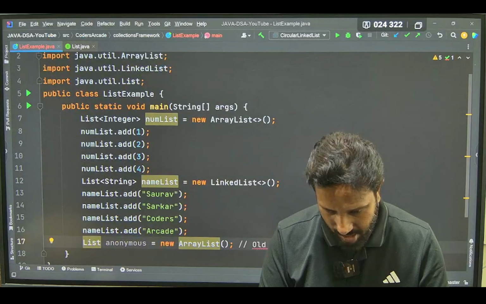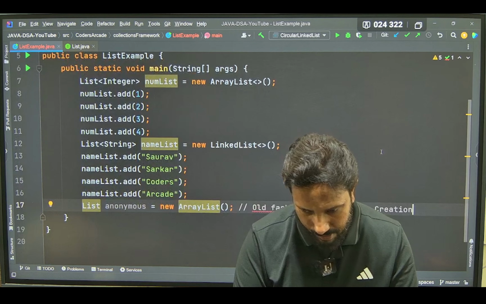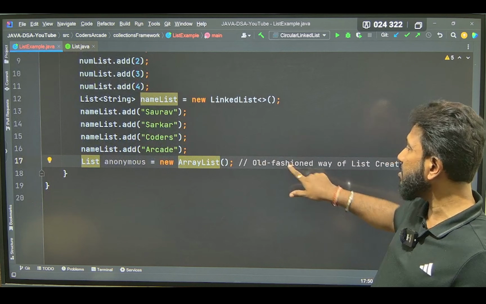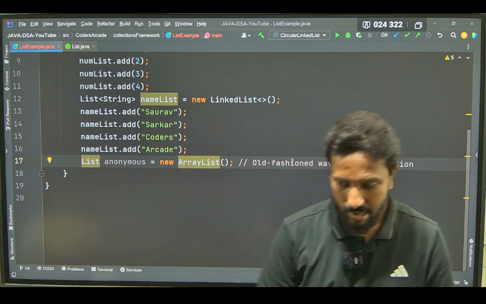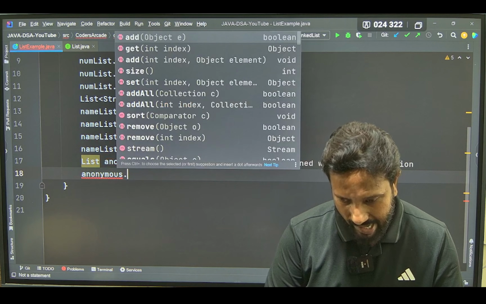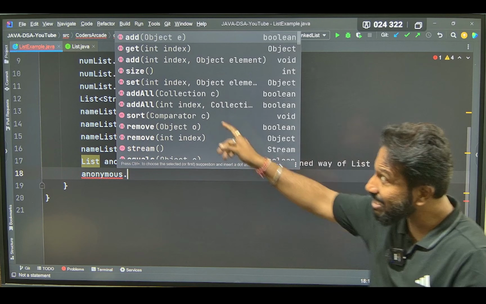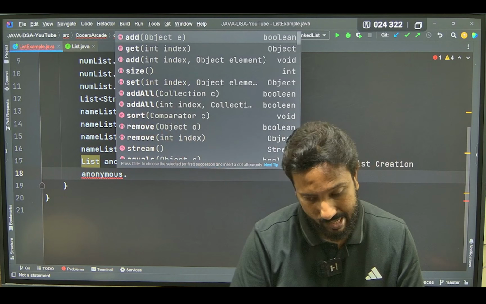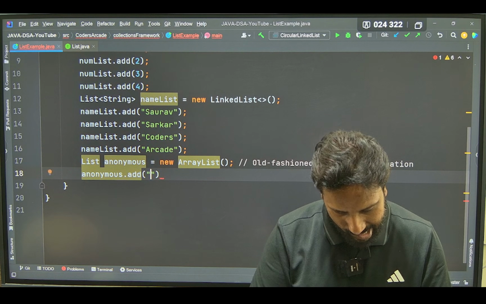Now if you see, this is what I was talking about. See what I wrote, old fashioned way of list creation. Now let's see what we can add here. I'll say anonymous dot add. What is it asking now? It is not having any integer or string. It is having an object. Here I can say